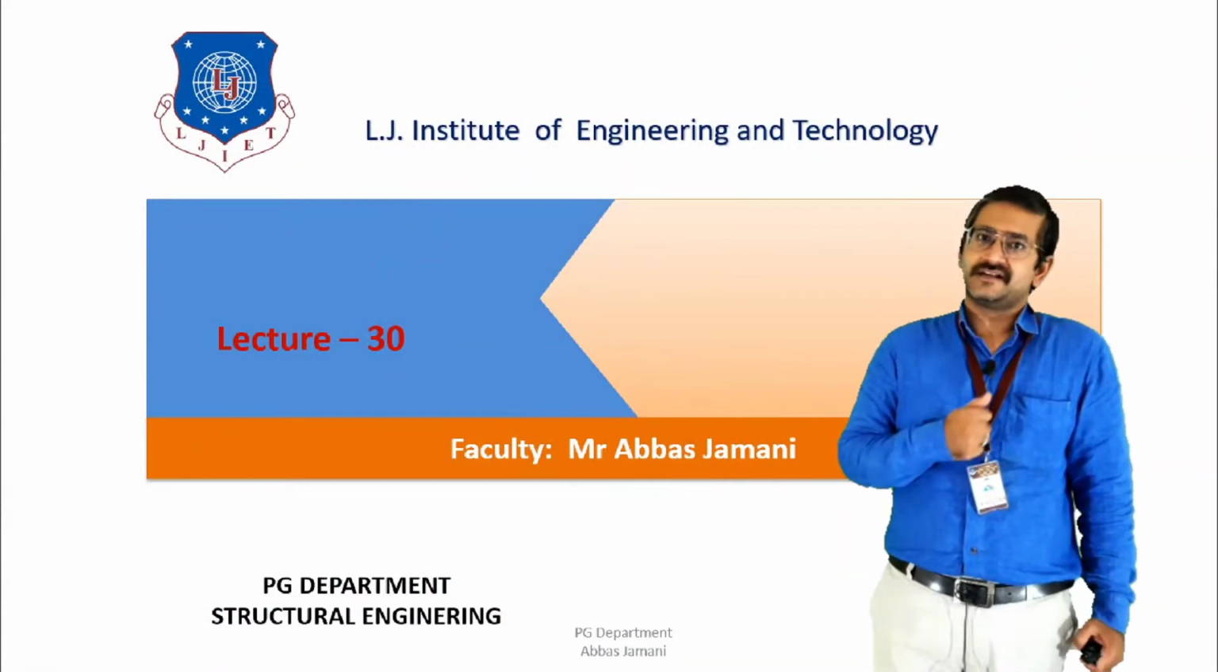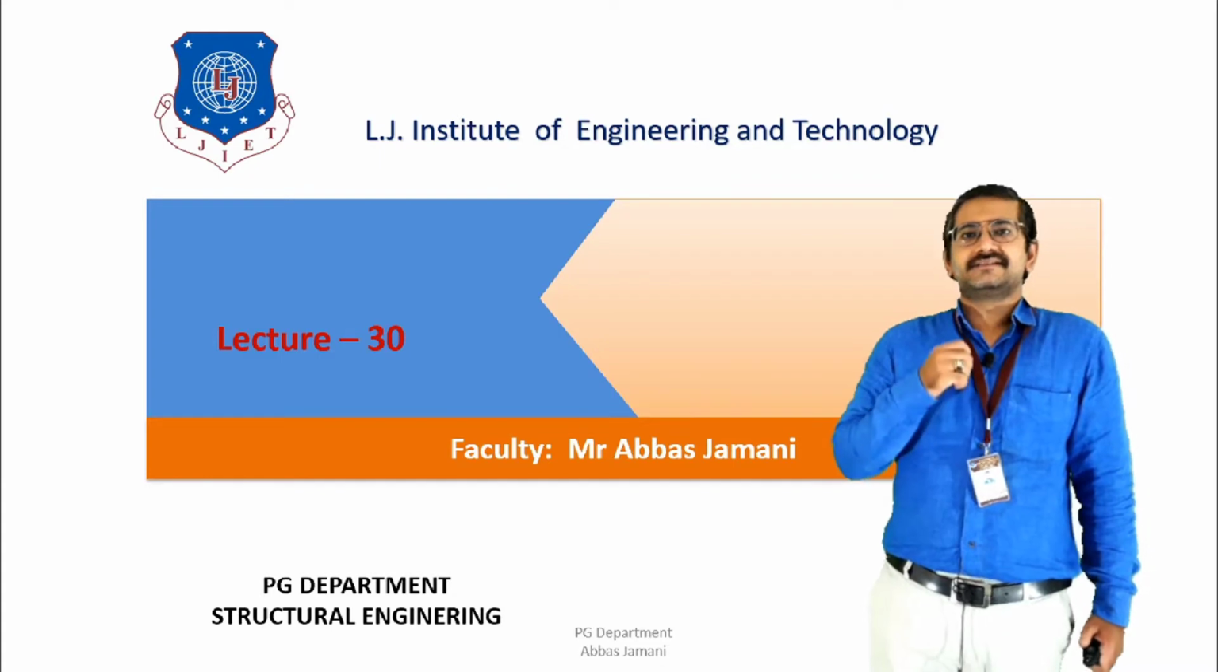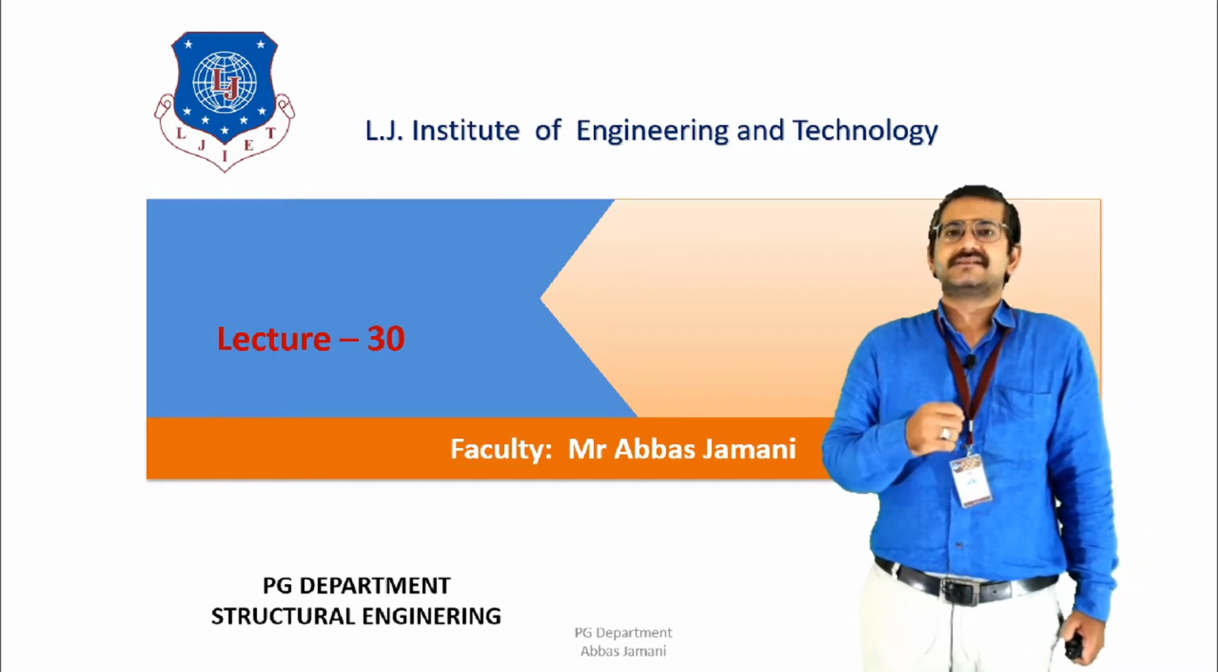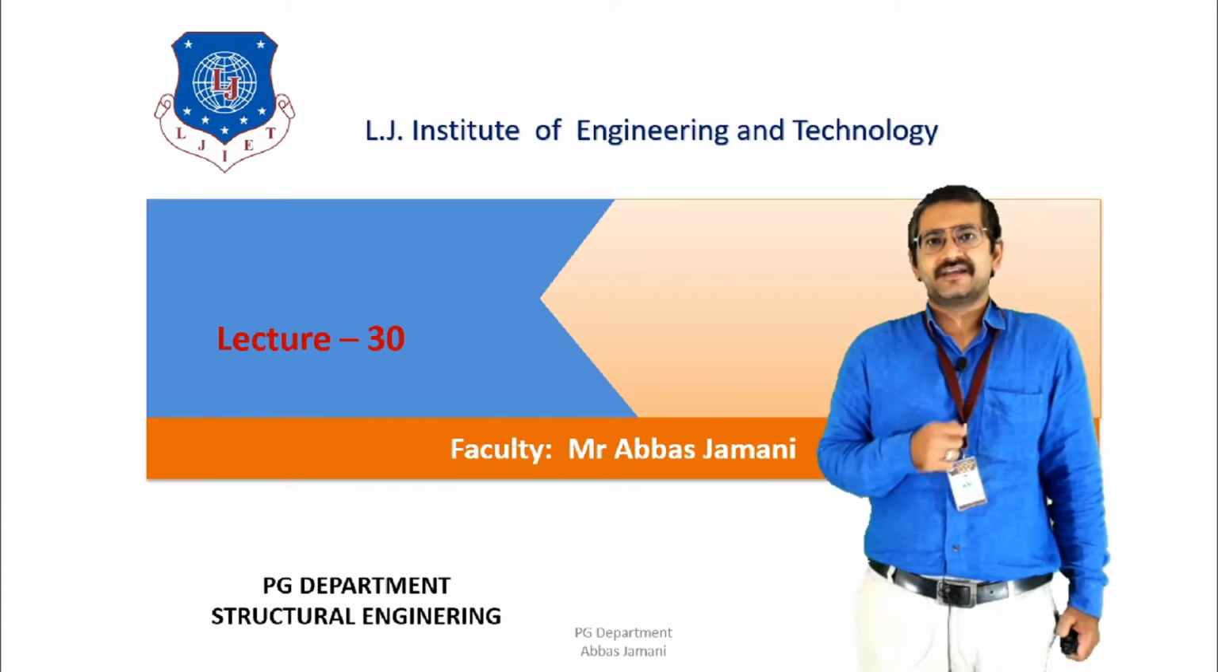In the previous lectures, we have been discussing several codal provisions laid under IS 1893-2016, that is the criteria for earthquake resistant design of structures. We have discussed the various types of irregularity, that is the plan irregularity as well as the vertical irregularity. We have seen that the code discusses 5 types of plan irregularity and 7 types